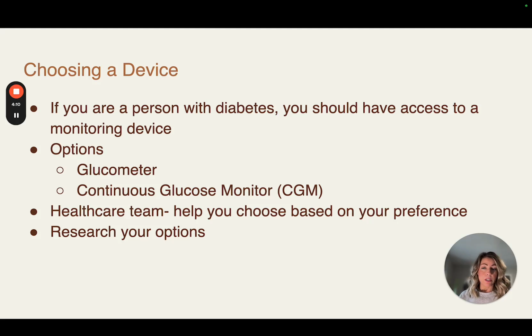You have some options to pick from, and hopefully connecting with your healthcare team to determine what is the best option for you based on your preferences and needs is the key. So the two main options are a glucometer, which uses a finger stick check. A small amount of blood is applied to a test strip, and then the glucometer reads your blood sugar reading